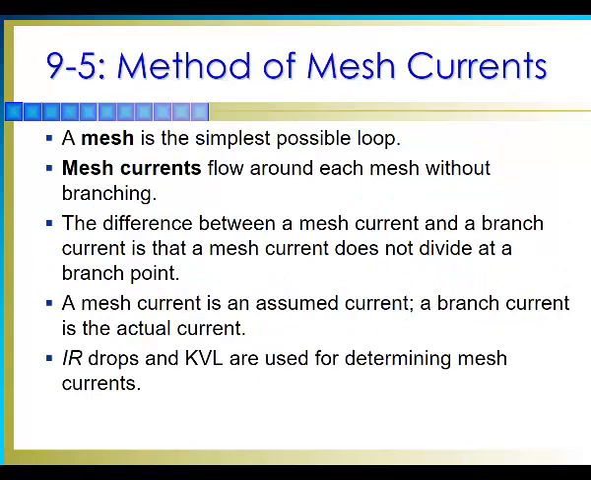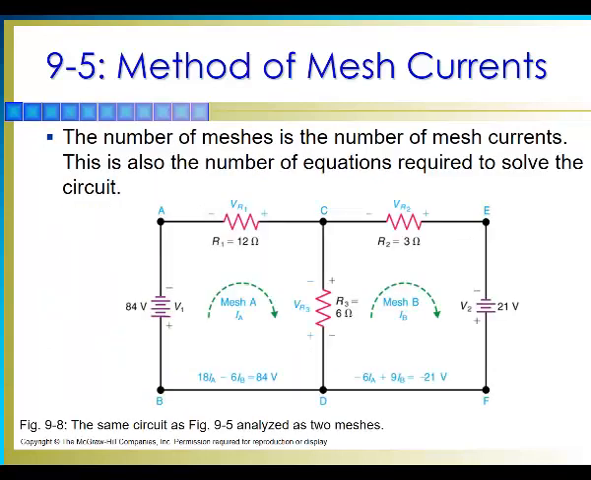Okay, what is the method of mesh currents? A mesh is the simplest possible loop in a circuit. And once you determine those loops, then we can apply the KVL. So here's a mesh, here's a mesh. Meshes are the simplest loops in each circuit. So in this case, we have a circuit that has 2 meshes, mesh A, mesh B, and then we can do